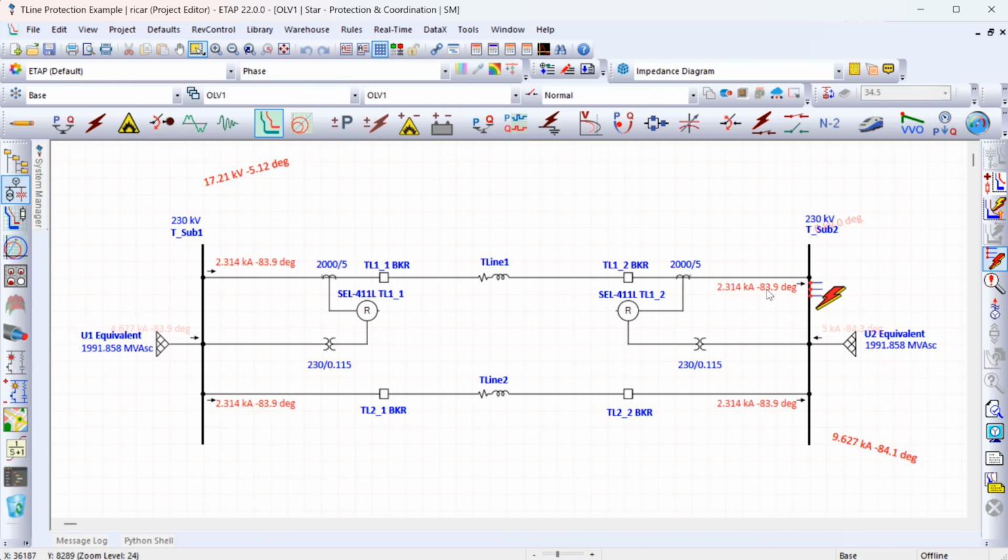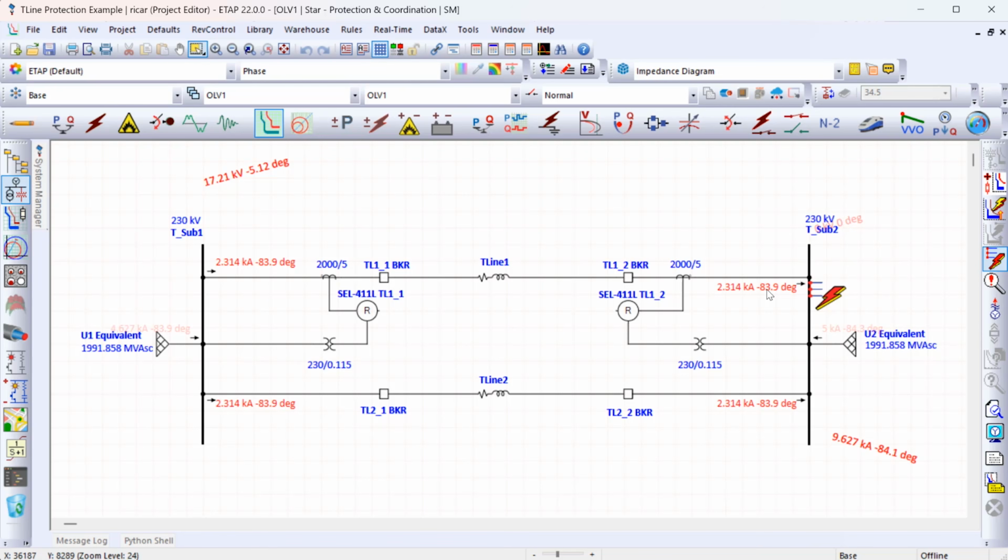So this is what we call a through fault. Both CTs see the fault current, but it flows through the transmission line and into the substation bus at T sub 2, so it is external to our zone of protection. And of course, this would also be true for normal load conditions where we have a load, let's say